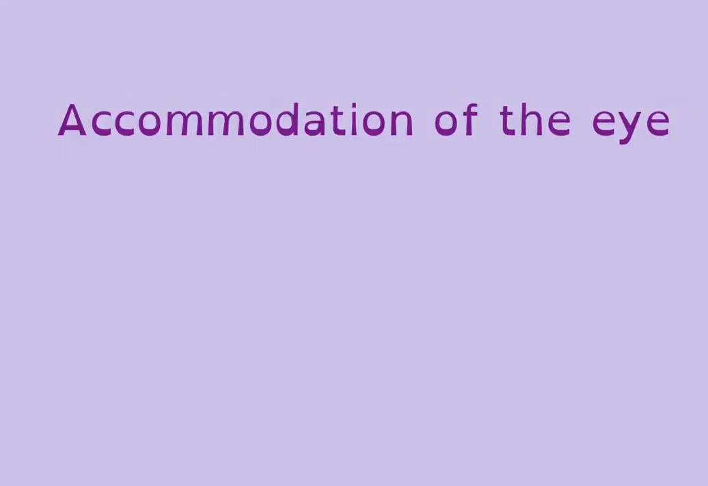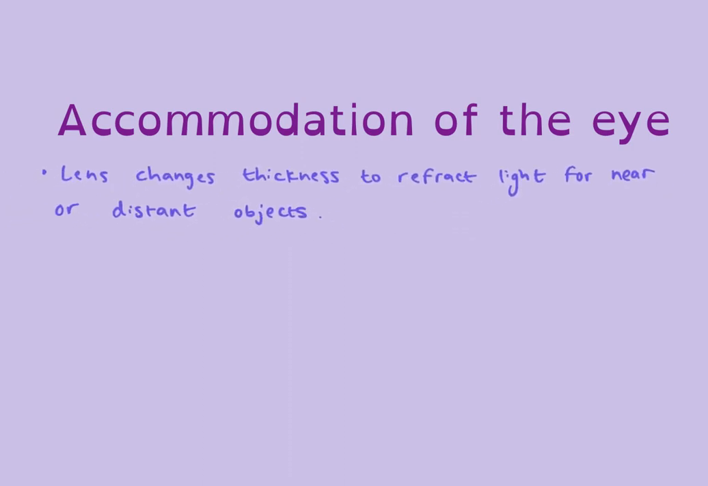The first process that we look at that takes place in the eye is called accommodation. And that is when the lens changes thickness to refract light for near or distant objects. So the lens will become thicker or thinner depending on the distance that the object you're looking at is from